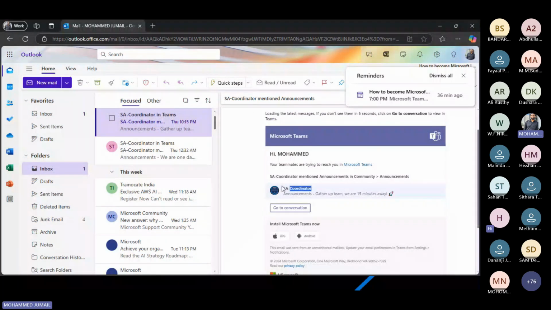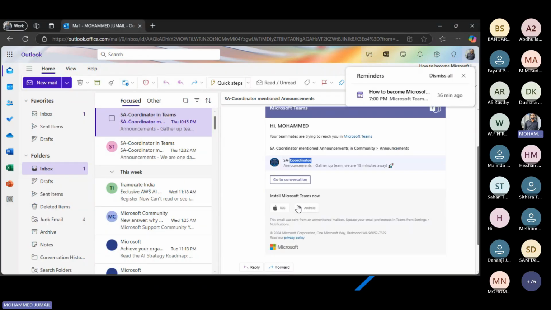They will check your application and provide the status of your application.